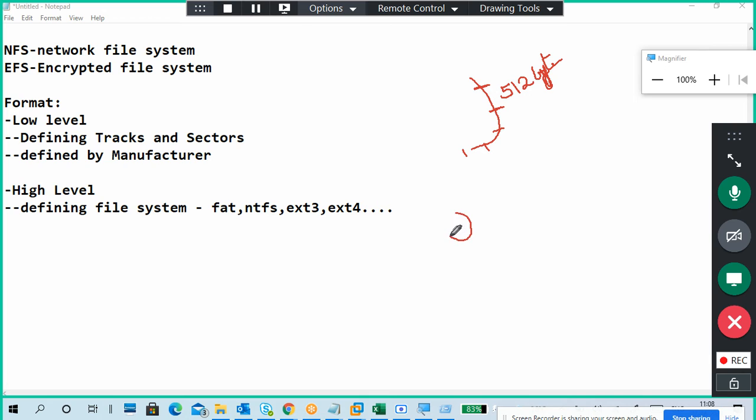Whether it is an internal one, a small one, or a very big one, everything is marked like this. Each small piece is 512 bytes. This is actually called a sector.